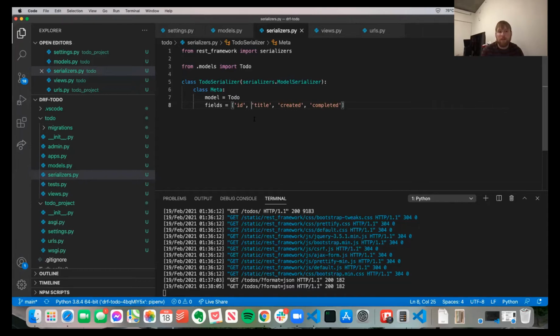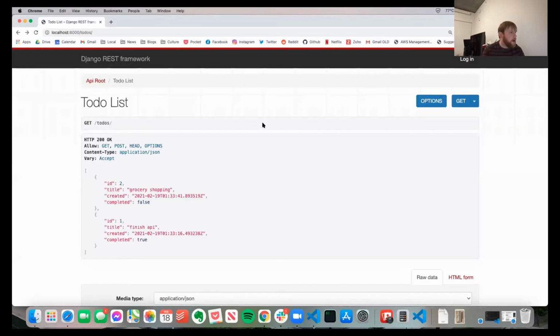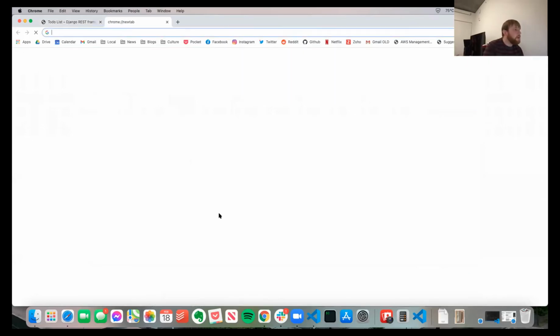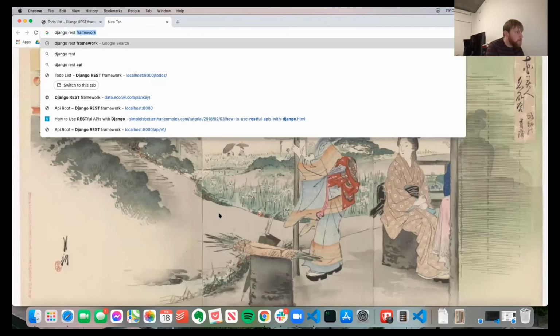So I see another question I'm going to answer real quick before I go into my second example. And that is, what else does the REST framework give you besides a browsable API? First thing is, it gives you an API just in general. It makes it very quick to build that API instead of manually setting up all your endpoints, manually implementing everything. But you also get that browsable API, which is a huge plus. You also get a ridiculous amount of things